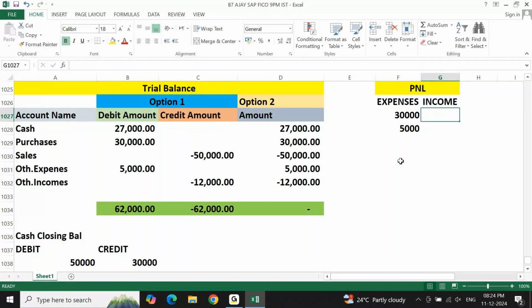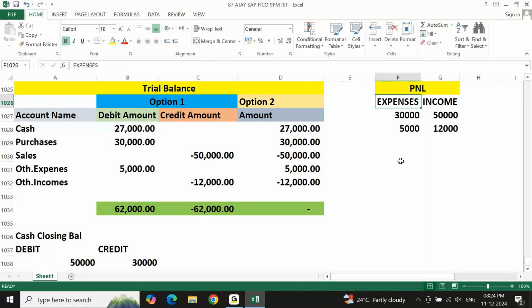Sales: how much? 50,000. Sales 50,000. Next, other income: 12,000. Other income 12,000. Right. In the P&L, we don't write debit or credit with a plus or minus symbol, because this itself is